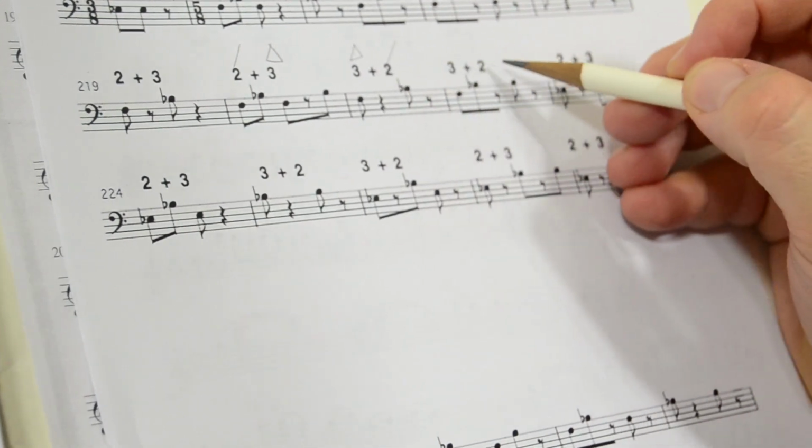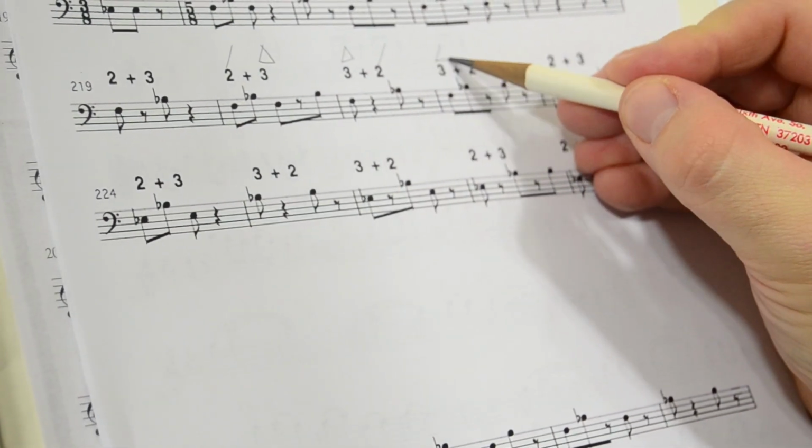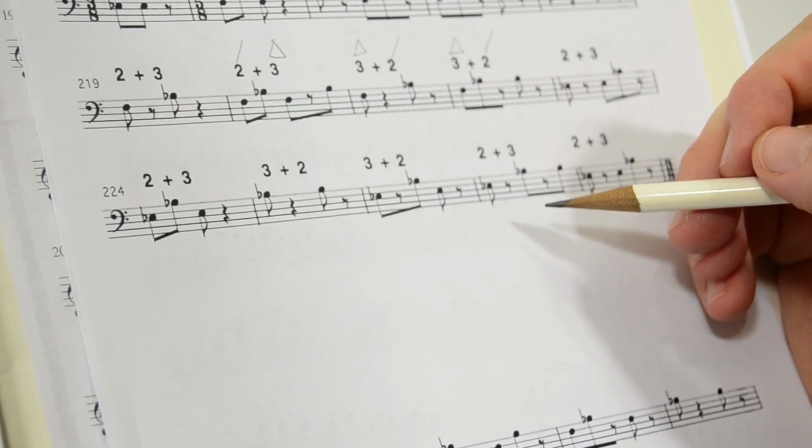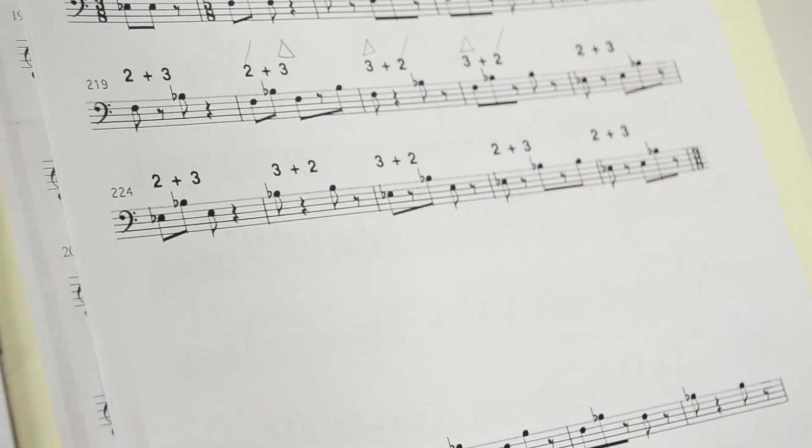So if 2 plus 3 would be a slash and a triangle. If you were in 2 plus 2 plus 3, you do a slash and a triangle, etc., etc. And for me, the slashes and triangles are a lot quicker to read than the actual numbers. So that's what I prefer. Other people may disagree. Either one is fine, but it can really help mean the difference when you have these